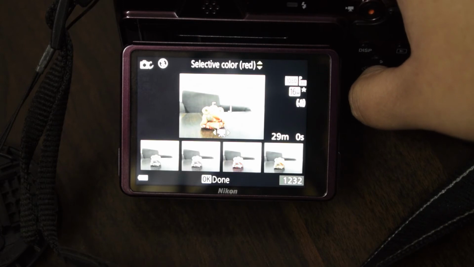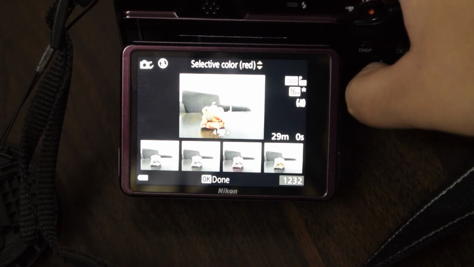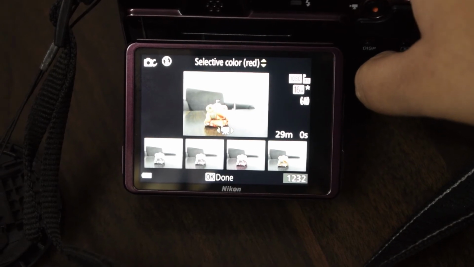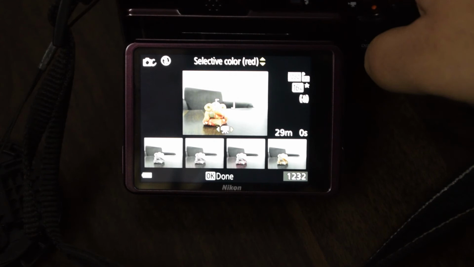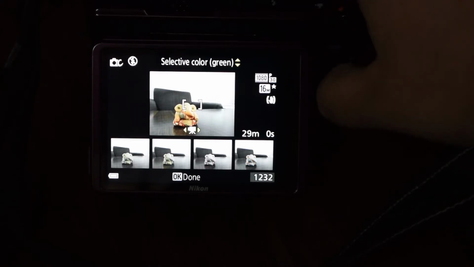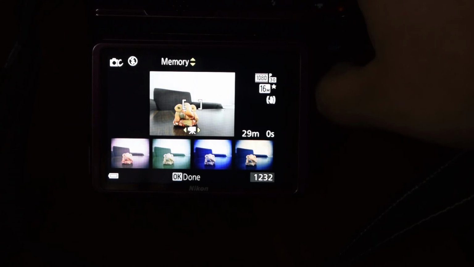Variety, selective color to show only that particular color in the image. Rest will be in black and white. We have red, green and blue. If I select red for instance, only red will show in my image. Remaining colors will be black and white. Let me select classic to show you.